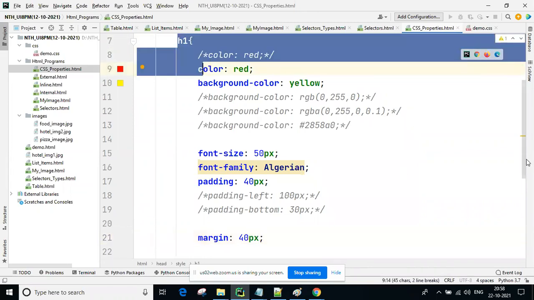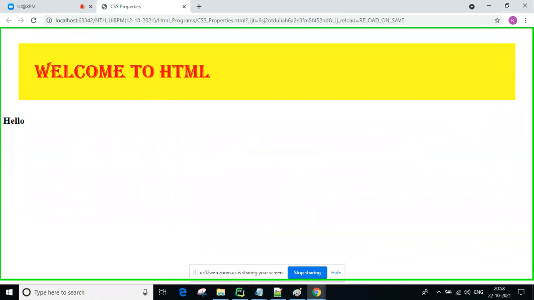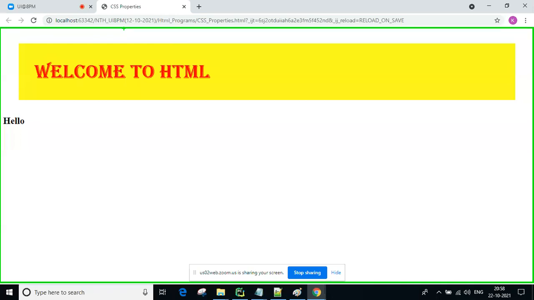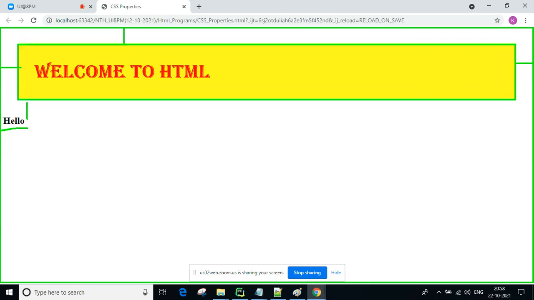You can create other tags, then you will understand more. Here this is the body, so 40 pixel space you are taking. One more tag is there, Hello H2. Around our tag, on four sides, you are getting a 40 pixel gap.